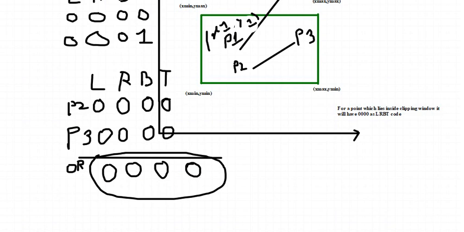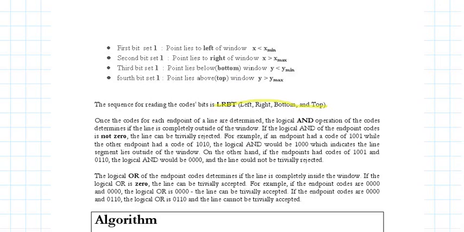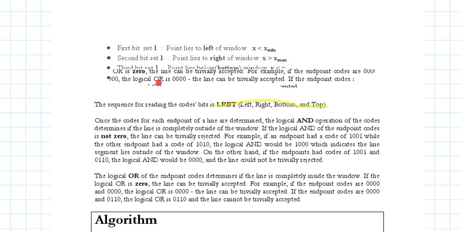Just go back to the algorithm statement. It actually says the same thing. If the endpoint codes are all zeros, the logical OR will surely be all zeros. The line can be trivially accepted. That means you don't need any clipping, just accept it. However,